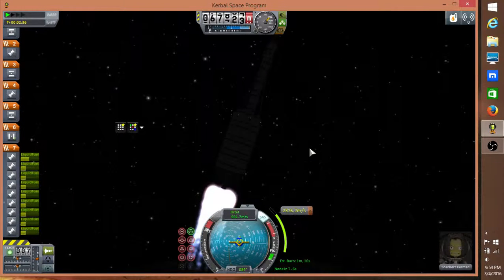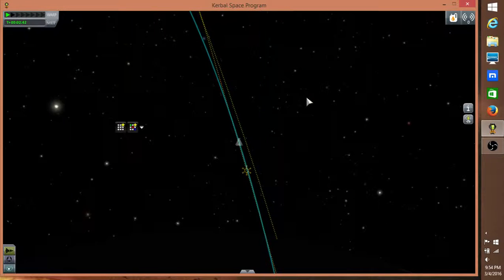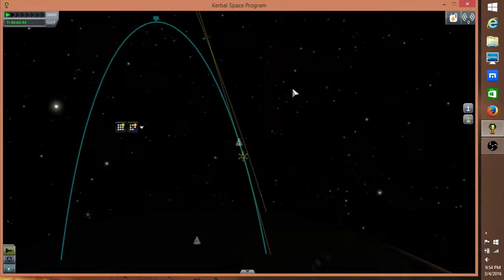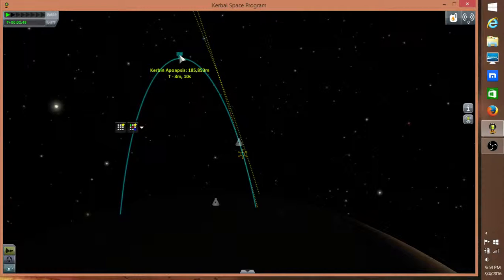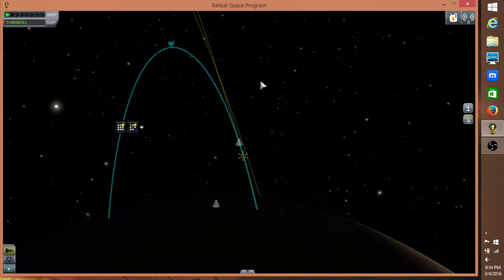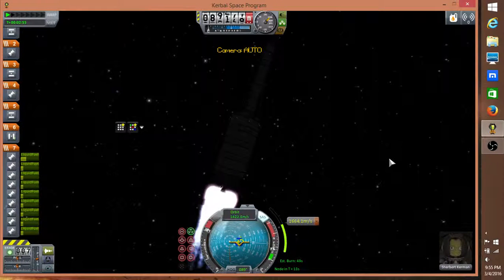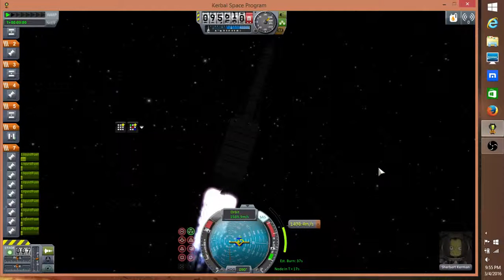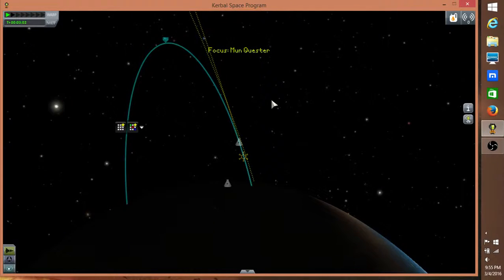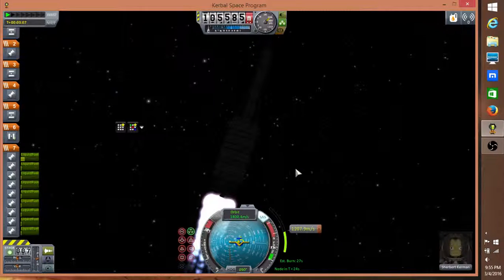We're still technically in this routine, so we don't want to be going really fast right now. We can see as our ballistic arc rises, a big wart on the side of the